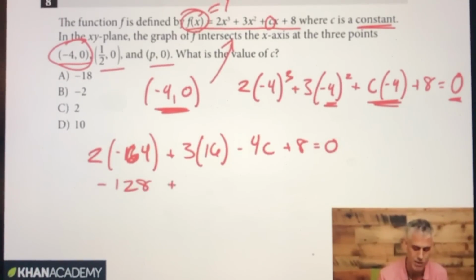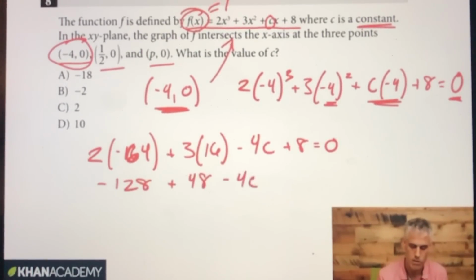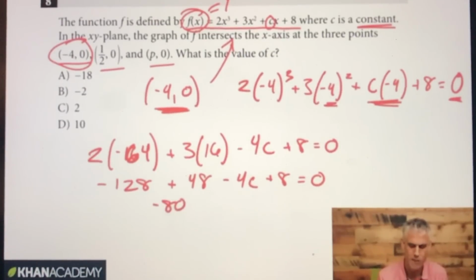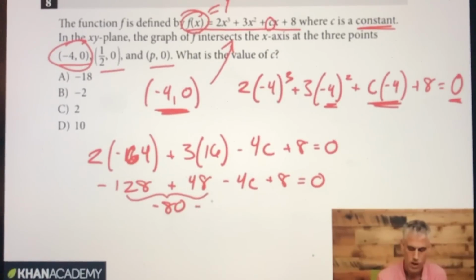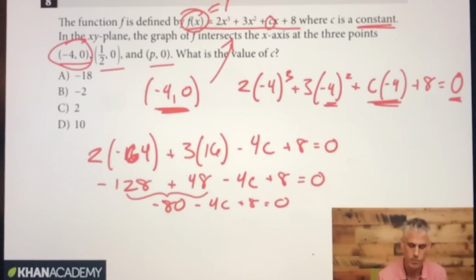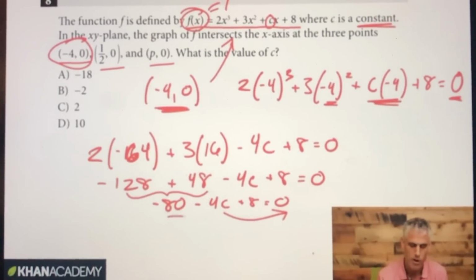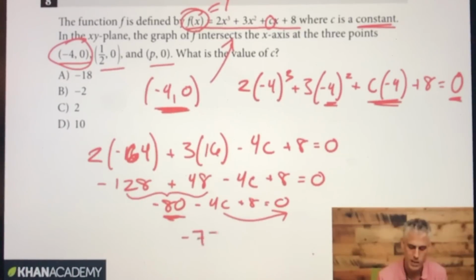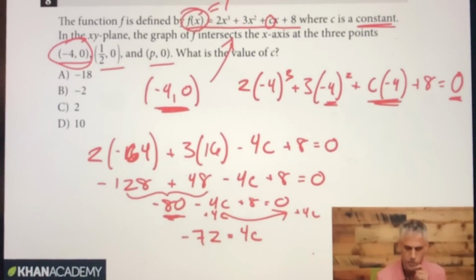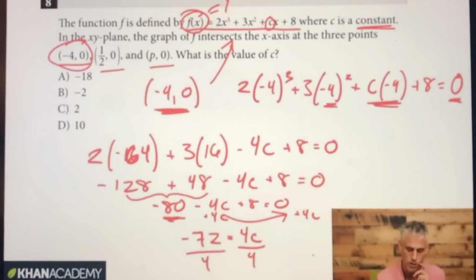We have -128 plus 48 minus 4c plus 8 equals 0. And -128 plus 48 is -80. Minus 4c plus 8 equals 0. Let's just move the 4c over there. -80 plus 8 is -72 equals 4c. So I added 4c to both sides, so it just swung over, and we divide by 4, and we get